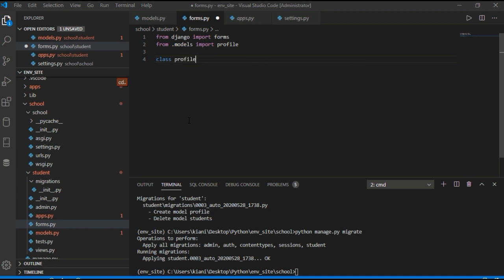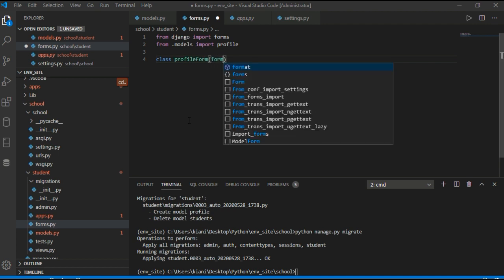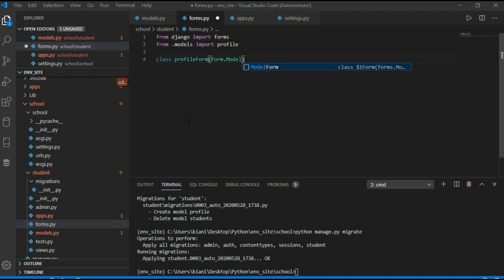Then we will have form class ProfileForm, and this will inherit from ModelForm. Okay, and we have meta information.